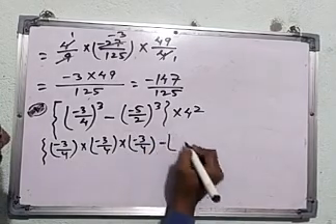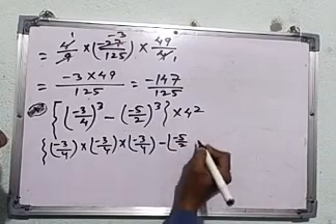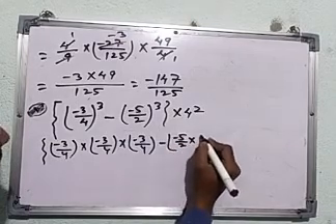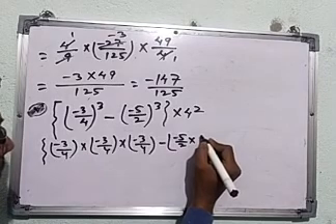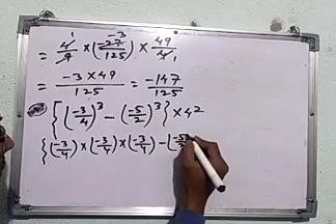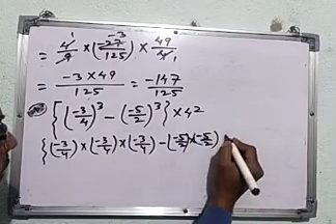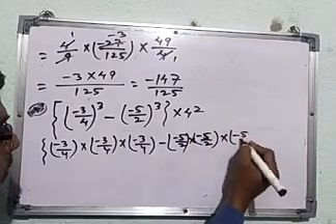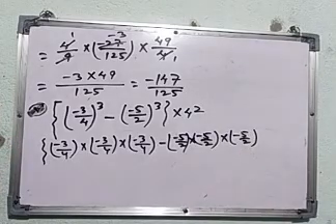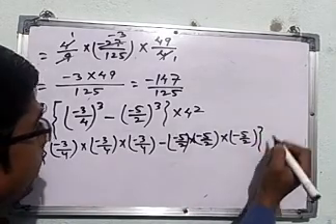Again take minus 5 by 2 into minus 5 by 2 into minus 5 by 2, 3 times in middle bracket